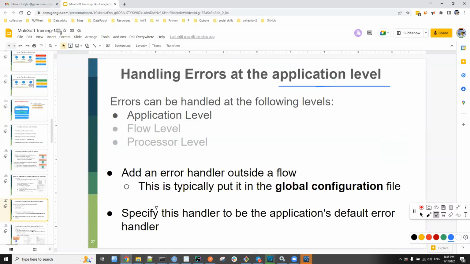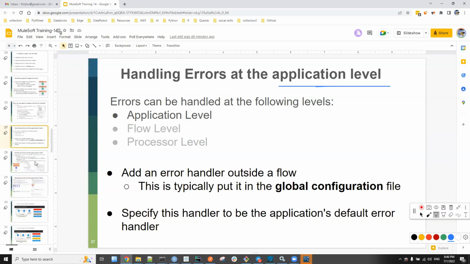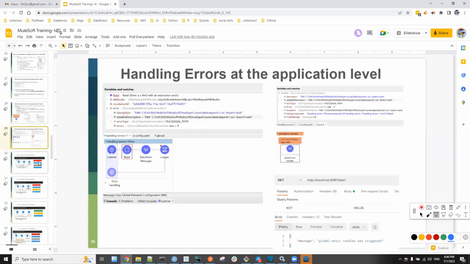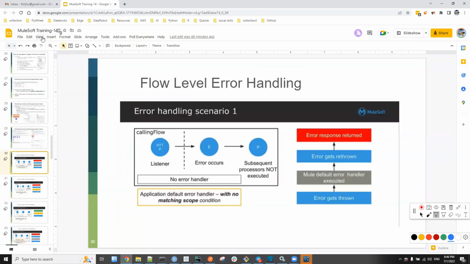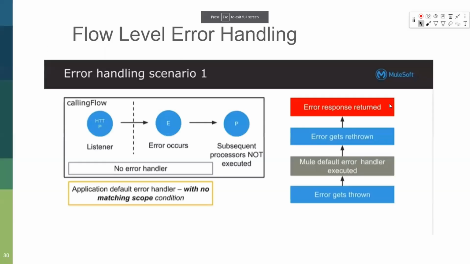While it gets deployed, let's see the sequence of operation here. What do we see? We have a flow and an error happens here in E, and there is no flow level error handler.